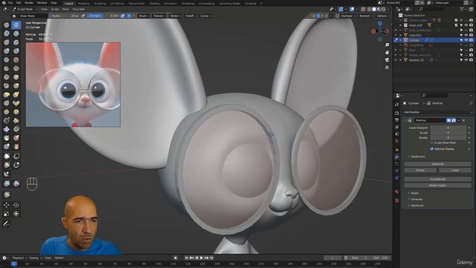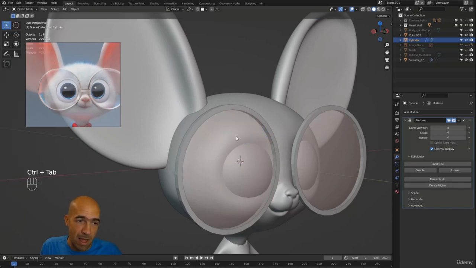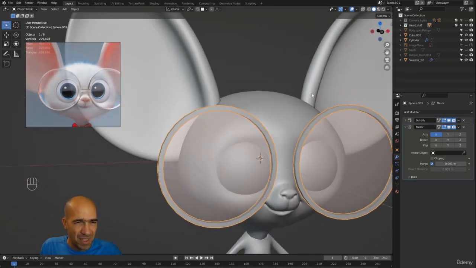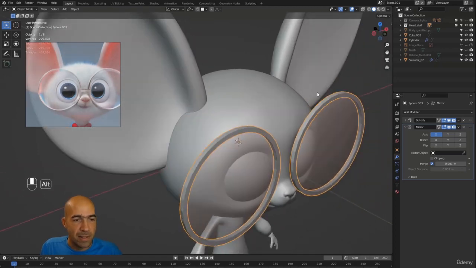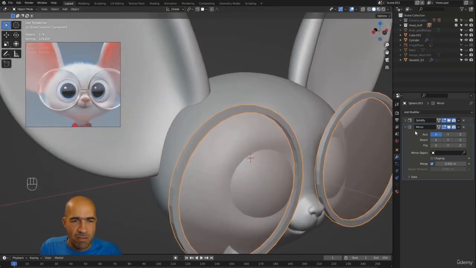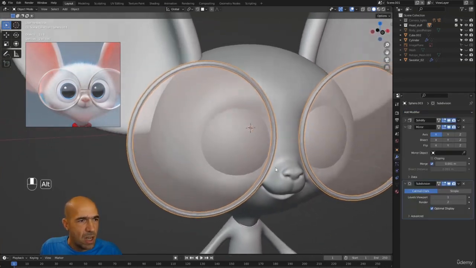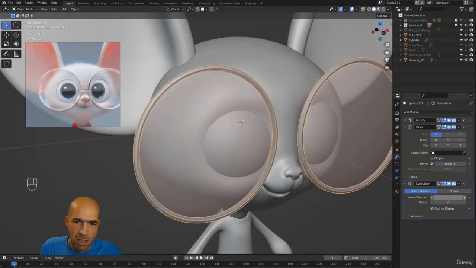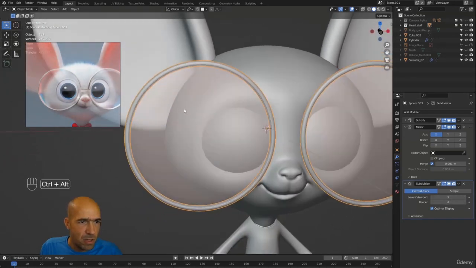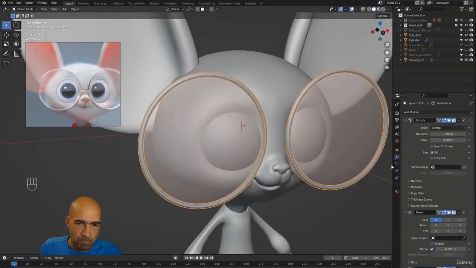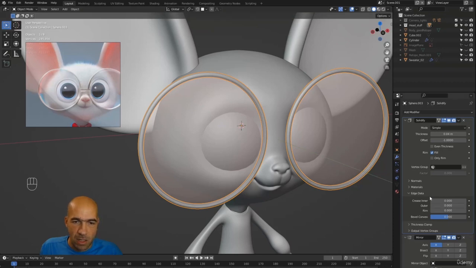So first, let's go to object mode, Control Tab left, and then select the glasses border. The border of the glasses selected, and we have solidify, we have mirror. Now let's put one more thing, which will be subdivision surface, and let's see. Okay, let's increase the subdivisions, and this circular thing I like, but I think we can go to solidify, to edge data here on the solidify modifier, edge data, and